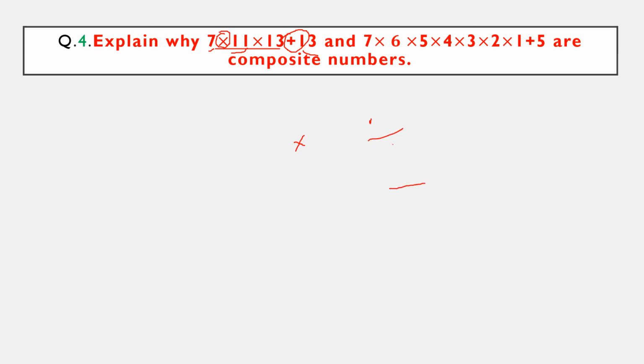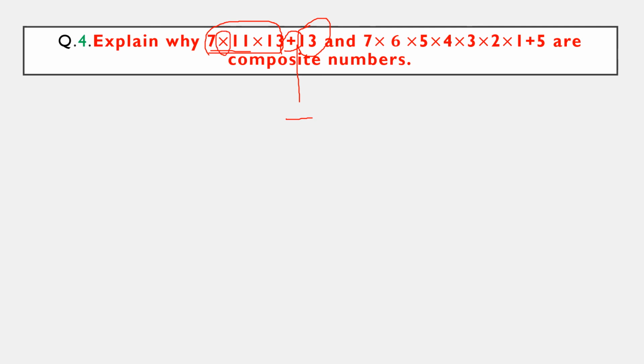Only plus and minus separates the terms. If there is a multiplication sign between any two numbers, then it is only one term. This is also one term only. Till here it is one term and this is another term, because plus is there in between. You should have only plus or minus. Plus and minus only separate the terms, not multiplication and division.